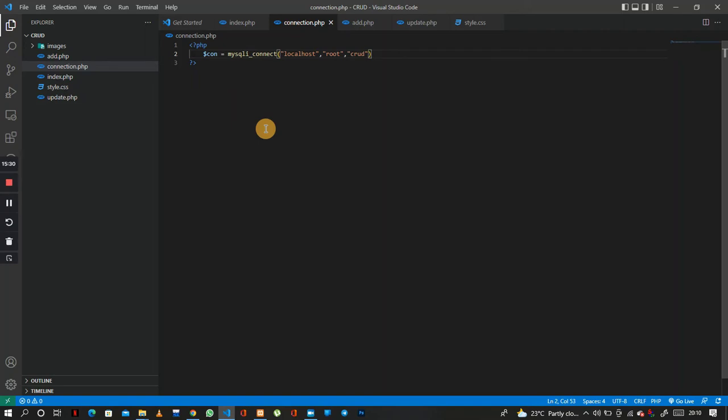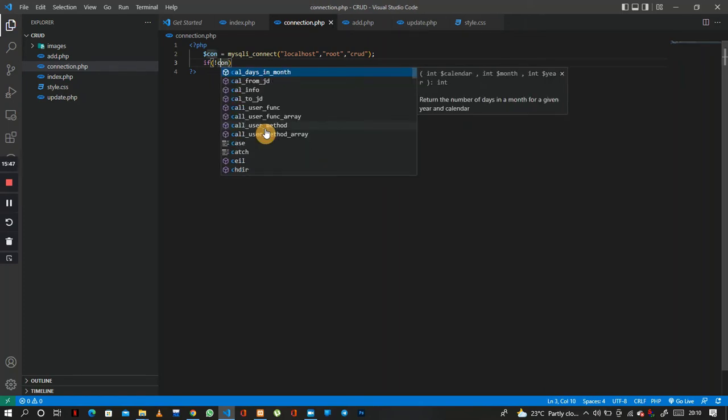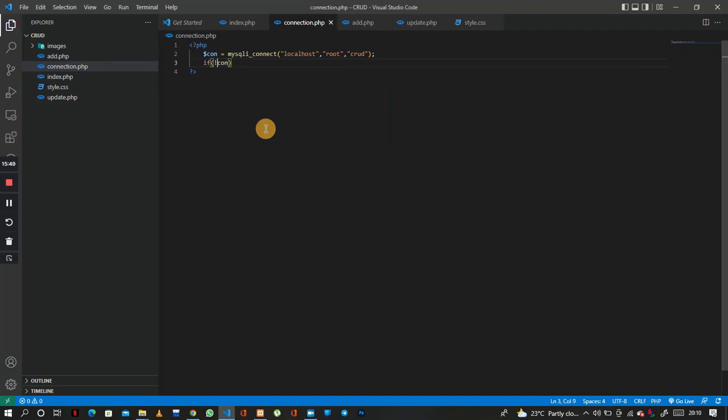There is no change. Let's try again, and write required equal mysqli_query, and con is from that connection PHP file, and you type select all from CRUD Ops. The table name is CRUD Ops. You type CRUD Ops in small letters,